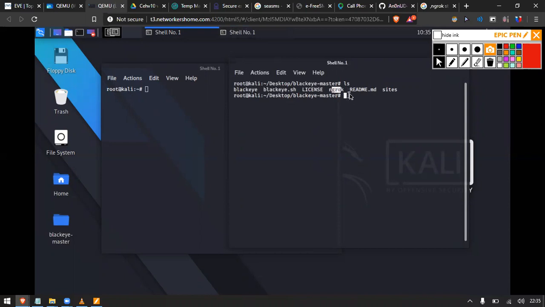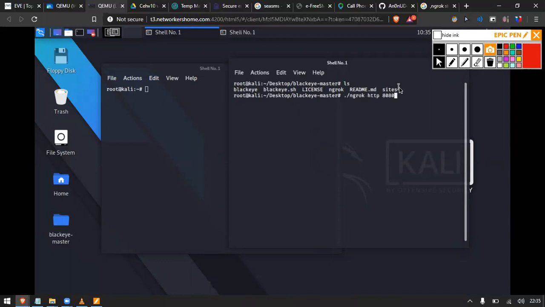You can download Hidden Eye. It is the same method, but it works on Python. So you have to write python3 and the file name, because it's .py. So what you have to do is manually set the ngrok. So for that you have to type, I'll show you this one.